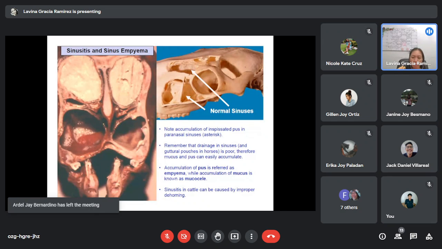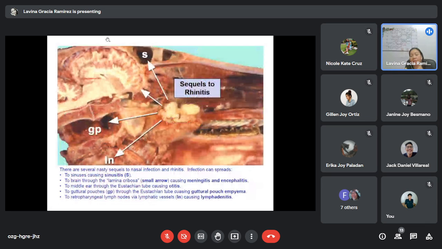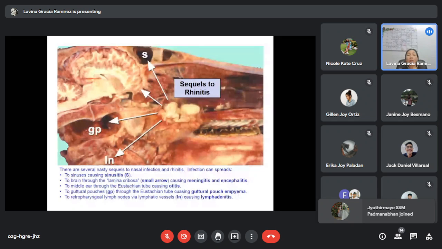So, why I am mentioning those, no? That's for you to remember. Ito yun, sinasabi ko sa sequel to rhinitis. So, don't forget this one. The picture here is a half section or hemisection of a horse skull, okay, showing you the possible complications or sequel of rhinitis once this condition